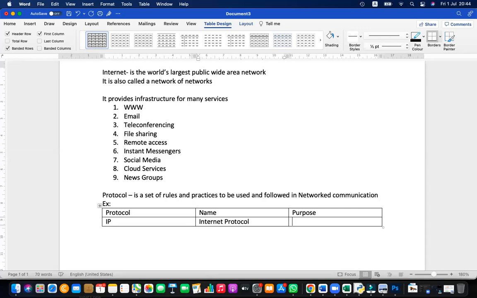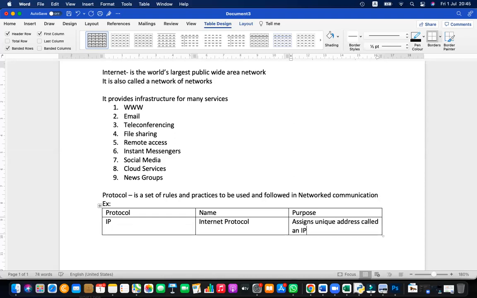It is the main protocol in the internet. It assigns a unique address called an IP address and helps packet switching.